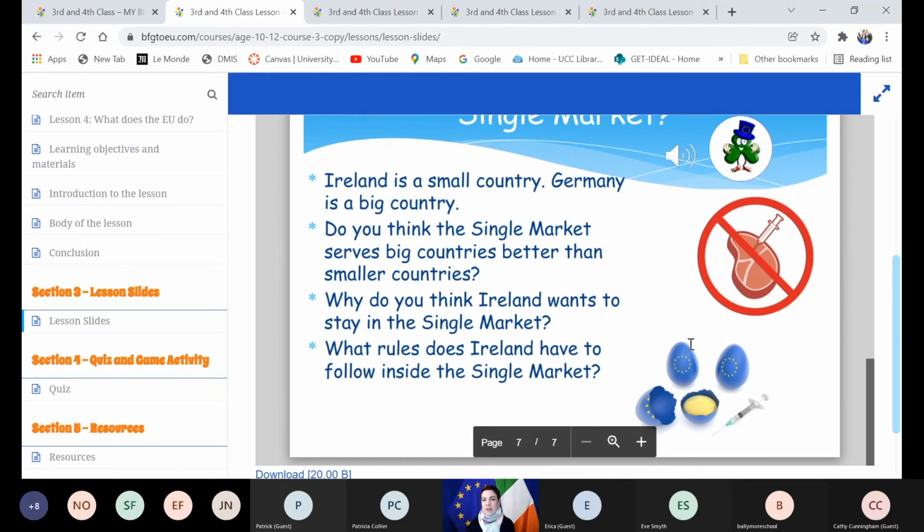And what does the single market allow producers to put in the food or not? The discussion, of course, is that the European Union has very high standards when it comes to not pumping your meat with antibiotics or washing your chickens with chlorine before they're put on the market, whereas other countries like the USA and Argentina would be less